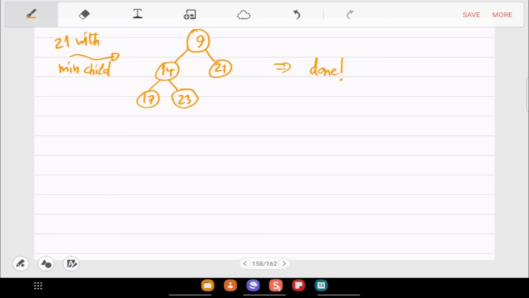But if there was a problem, then you would have moved in the direction where there is a problem, which means that the problem could have been here, that 9 has children which are smaller than 21. So when you exchange 9 and 21, then you should go down and handle that part of the subtree. Okay, and so on. So this cascades down, but is bounded still by the height.